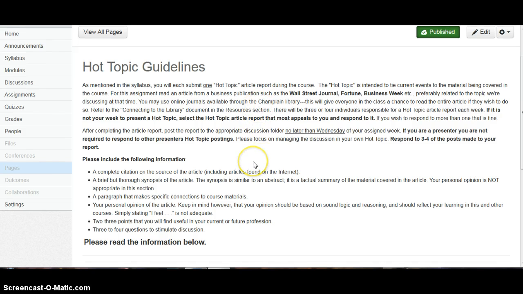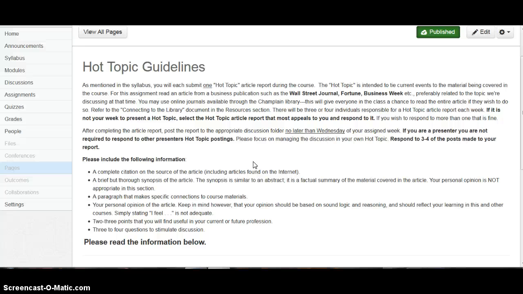We'll see that the requirements suggest that you are to find an article of your choice related to our course or subject matter, summarize it, link the article to material from the text, and apply it to your personal experience. You will pose 2 to 3 probing questions related to the article on the Hot Topic discussion boards by Wednesday of the week. Good, solid questions create exciting Hot Topic discussions. So think about what your questions will be very carefully.